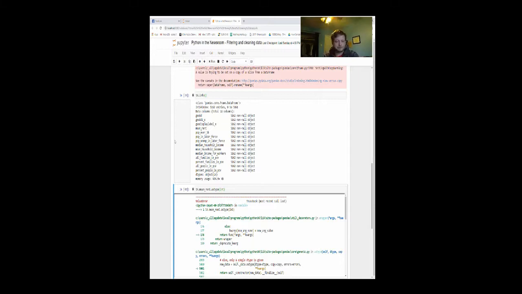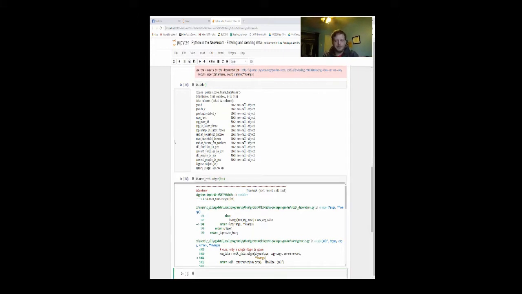How we're going to do that is similar to what we did before, where we have those double open brackets. Well, this time we're just going to do single brackets, and that's how we do a filter. So I'm going to do t4 open bracket t4 dot mean rent dot